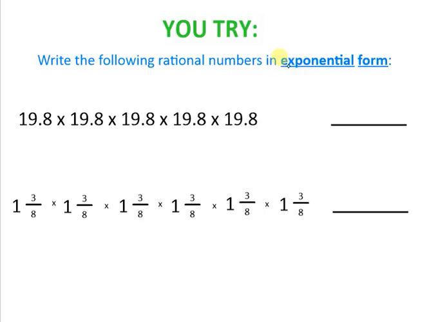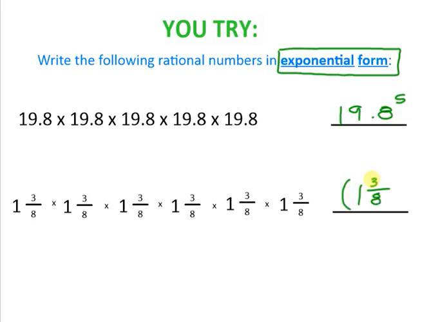Alright, let's go ahead and try these. I need you to put these into exponential form. Please do not forget your parentheses with the fraction. Alright, you can go ahead and pause if you're not done, and if you are done, let's go over it. So the first one, you should have gotten 19.8 to the 1, 2, 3, 4, 5th power. And then for the second one, you can write it as a mixed number, 1 3/8 to the 6th power,